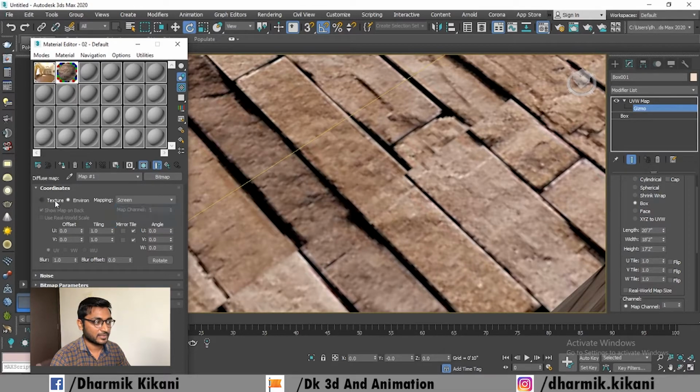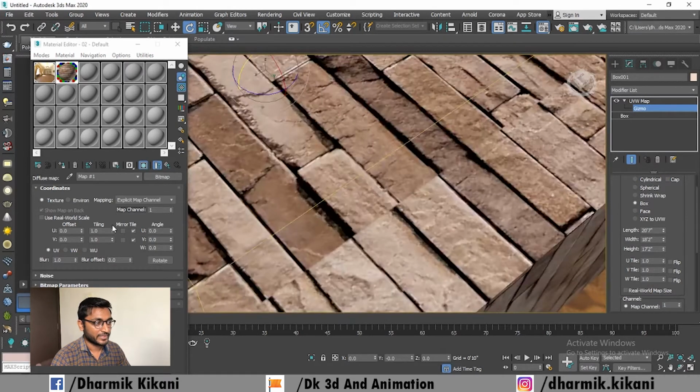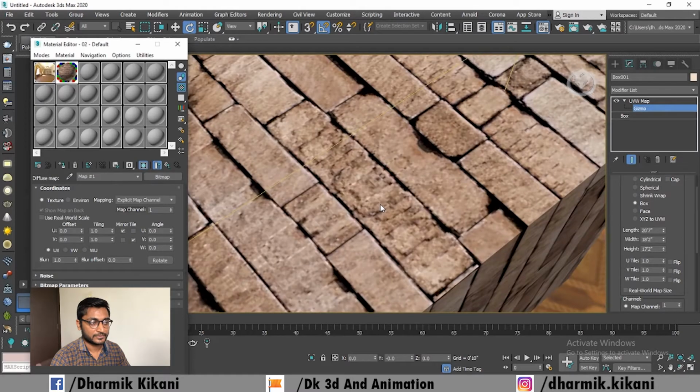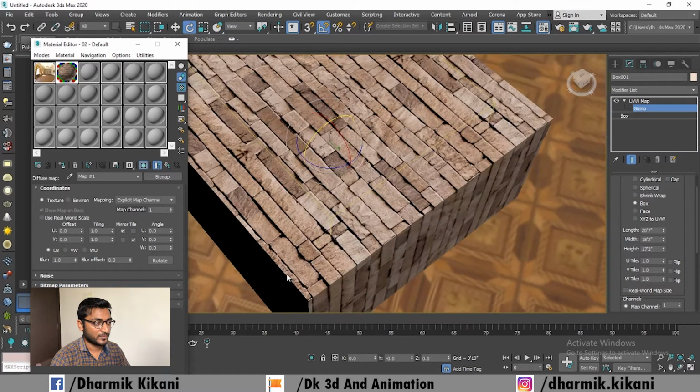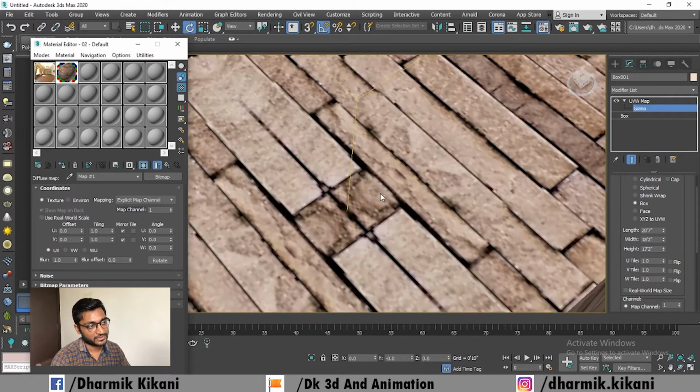But it is our texture, so I use texture. Now you can see the difference when I use a mirror of these tilings. You can see that when I use mirror, the line is gone. You also have many options. You can mirror both sides, and you can see that it's quite good.